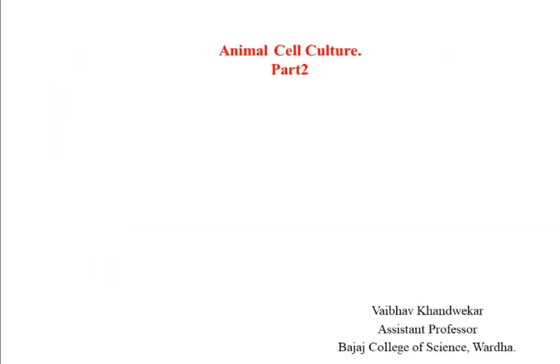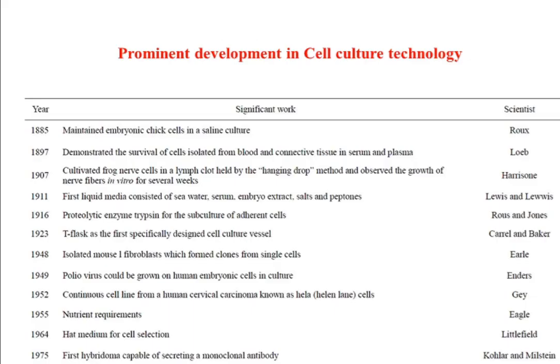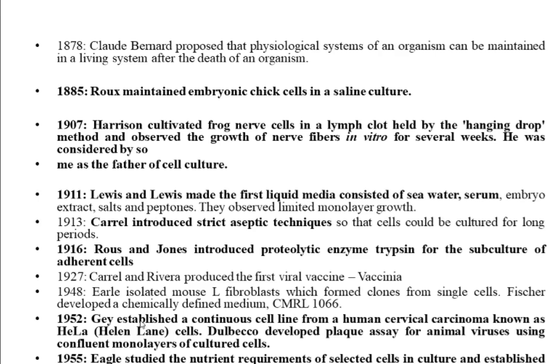The very good example here is already given to you. Here you can see, I have already discussed the HeLa cell lines. In 1952, Gey established a continuous cell line from human cervical carcinoma known as HeLa. Although he didn't induce cancer into the cell, he isolated the cancerous cell itself, the human cervical cancer cell, from the lady called Henrietta Lacks in the year 1952.